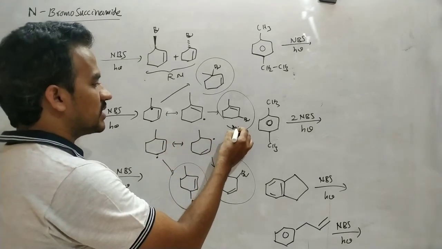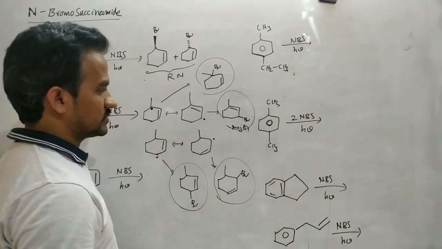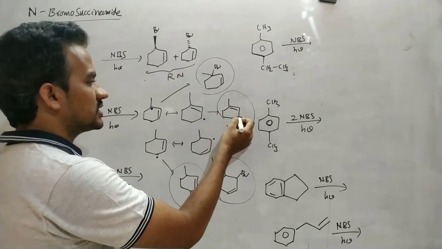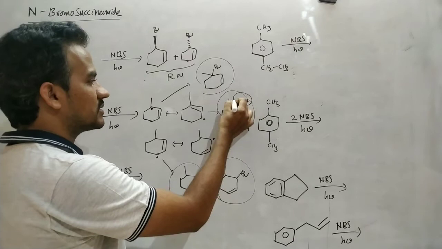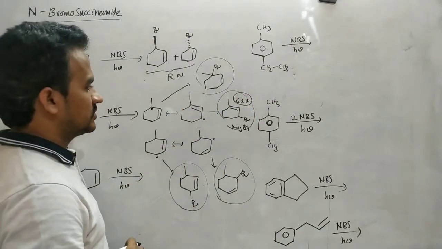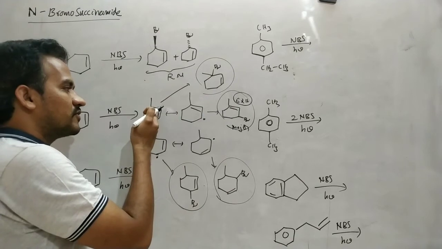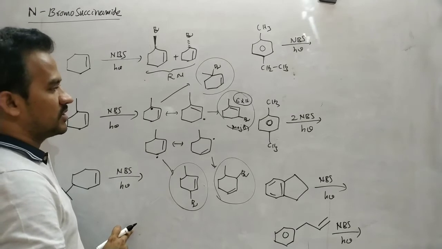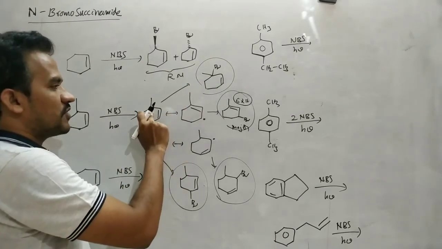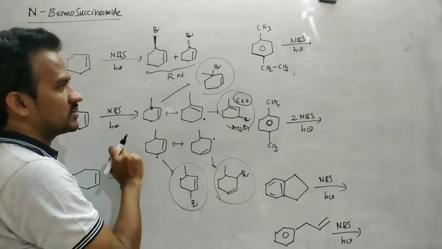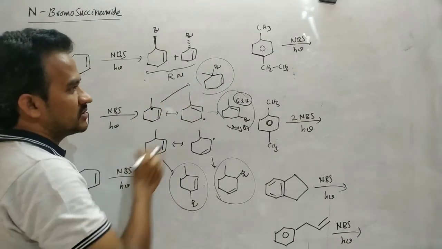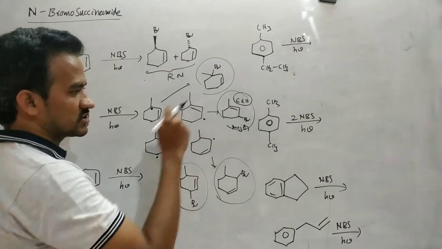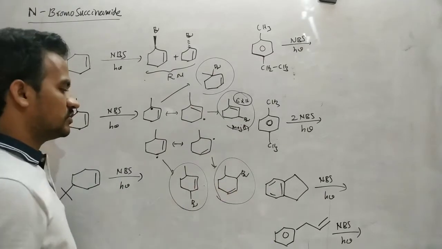So finally this is the major product, because it is the thermally more stable product. More number of alpha hydrogens means thermally more stable. CH3, CH2, CH. Totally 6 alpha hydrogens are there. First of all, it is formed through a somewhat stable radical. Of course, the tertiary radical is more stable. But the product formed from this tertiary radical is less stable. Only 2 alpha hydrogens are there. The product is thermally less stable. But in this case, the product is thermally more stable. So it is the major product.